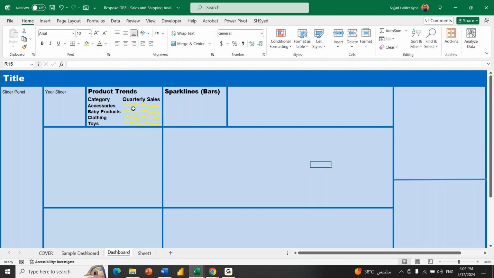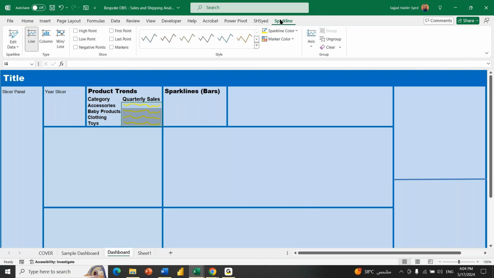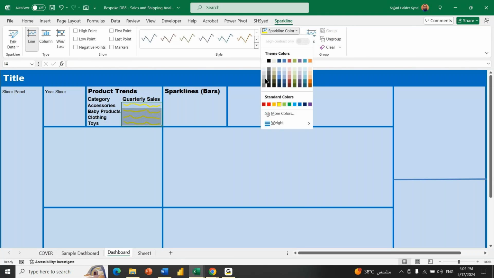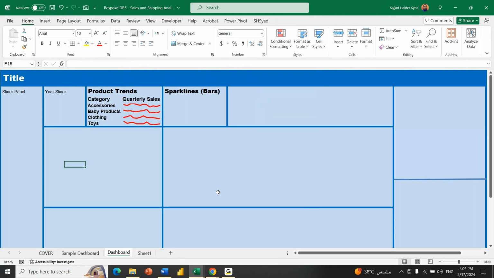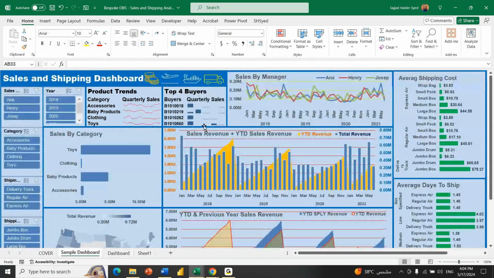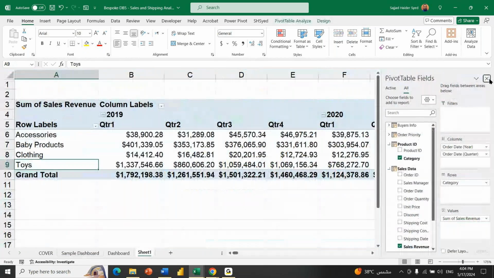I'm still not happy with the color of these spark lines. I want to try one different color maybe. This is even better. Okay, so our first trend is done. Now the second spark line that we want to create is going to be top four buyers for our products. Now, what I'm going to do, I'm going to copy this pivot table,